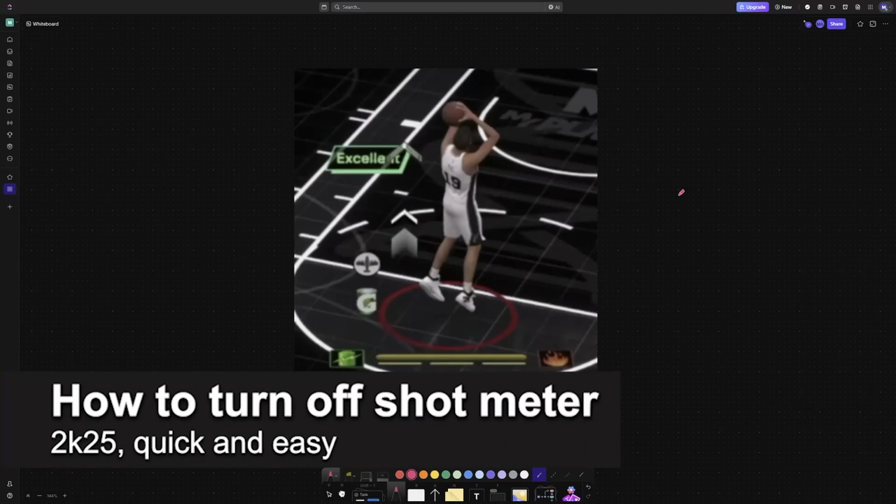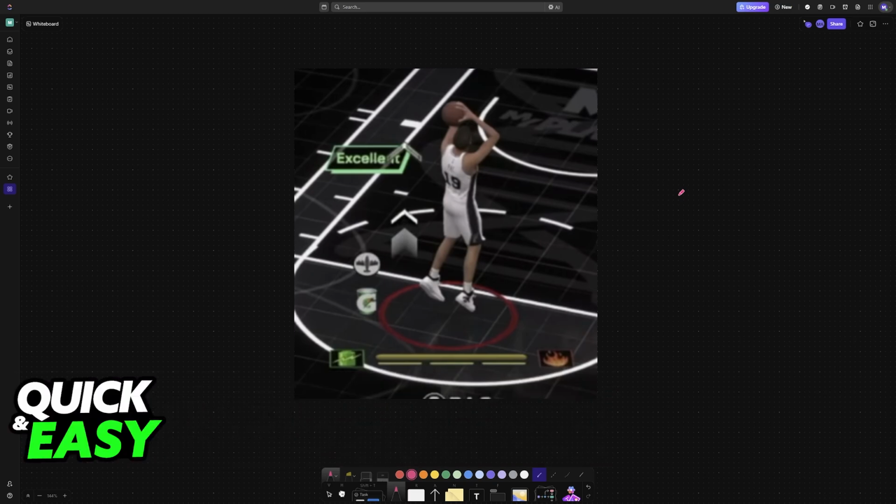In this video, I'm going to teach you how to turn off shot meter in 2K25 MyLeague/Play Now. It's a very easy process, so make sure to follow along. You will be able to manage the meter and customize specific aspects about it, so the arrow, the feedback, and